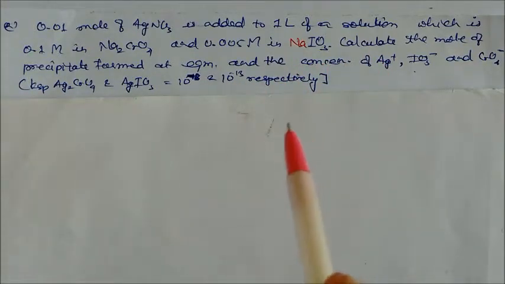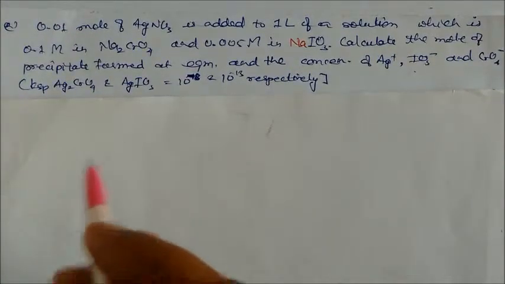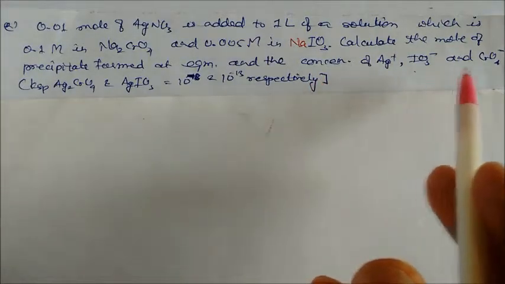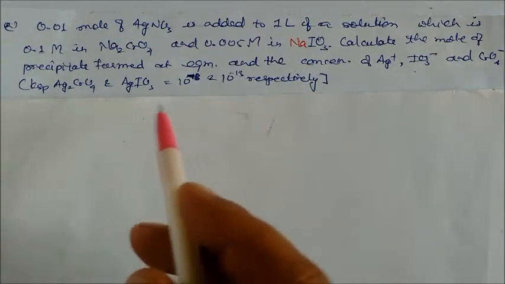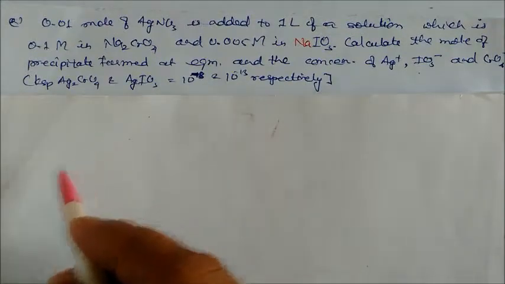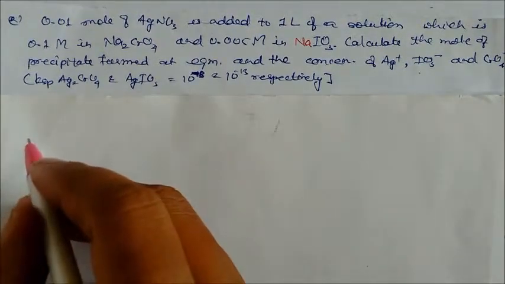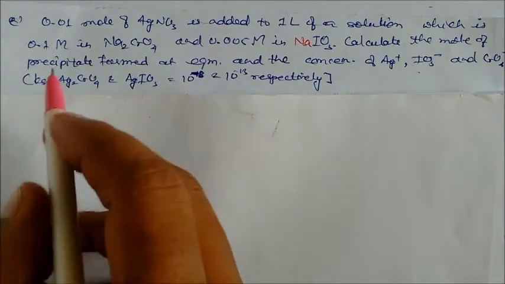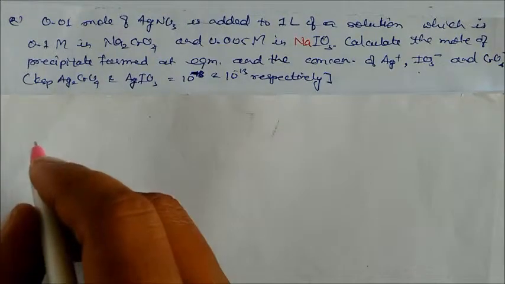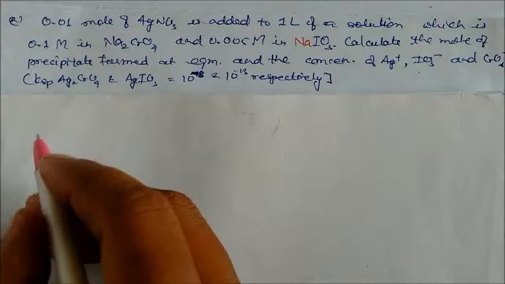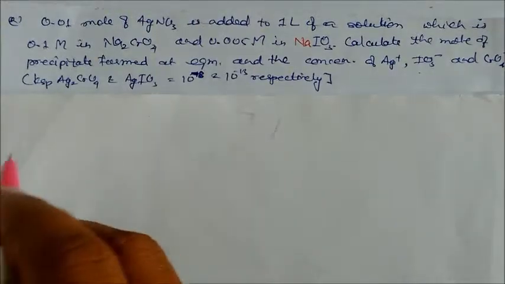So here we have to find out. Again, it will go under the same things. First we have to find which one, iodate or chromate, will precipitate first. The Ksp of silver chromate and silver iodate is given over here. So first we'll find in which case silver is required in very small quantities. Let us find out the silver on adding the silver nitrate, that is nothing but the 0.01 molarity. When you add 0.01 molarity, how much silver is dissolved in the solution? Here we have 0.005 molarity of iodate and the chromate.